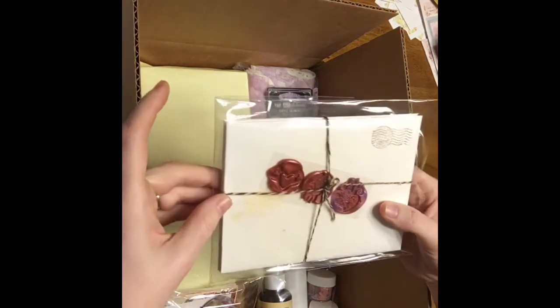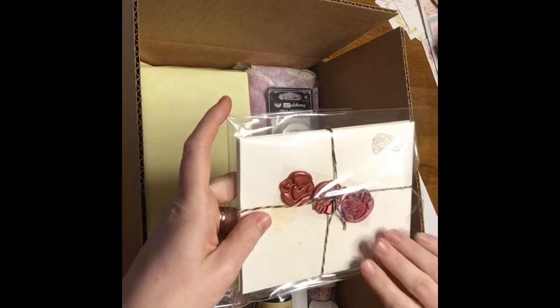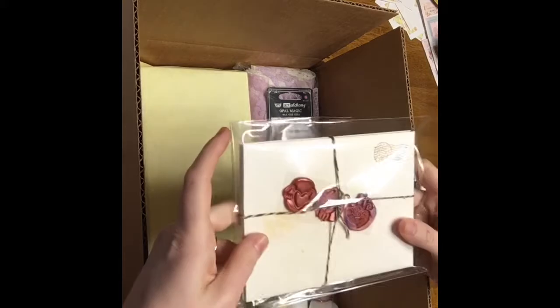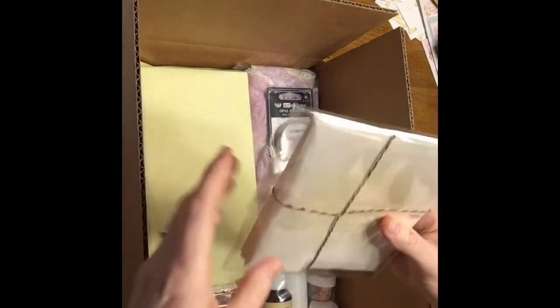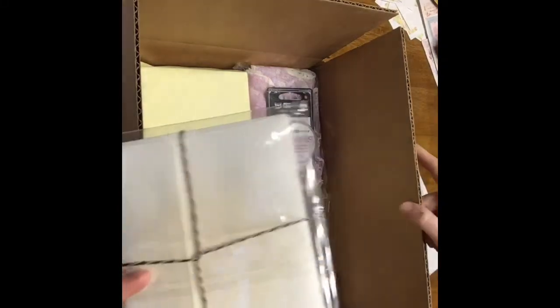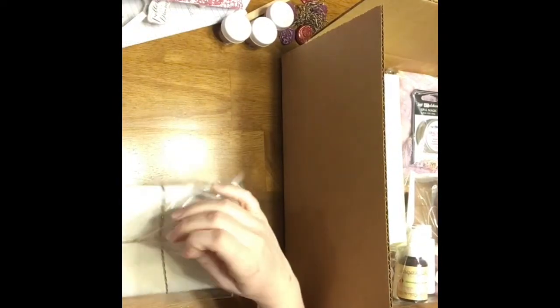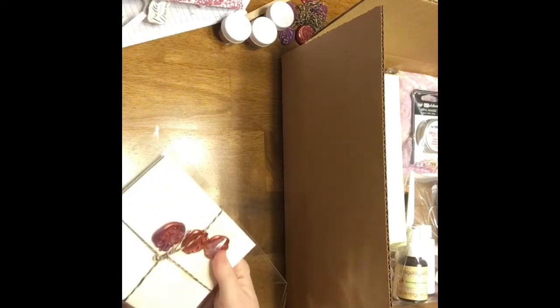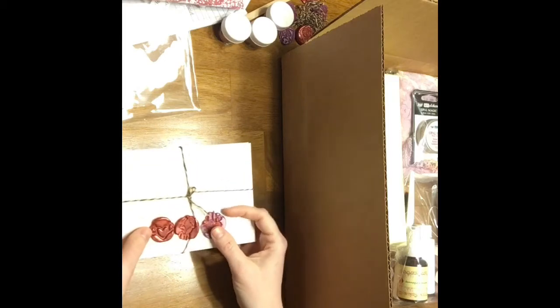And as I mentioned in one of the other videos, all of the Junk Journal and Mixed Media Junk Journal kits will be getting some of these sweet little love letters that Daisy and John wrote to each other. This is a 5-page letter that Daisy wrote to John. I think this one's right after, I can't remember if it's the one right after Christmas or not, but you'll open it up, and